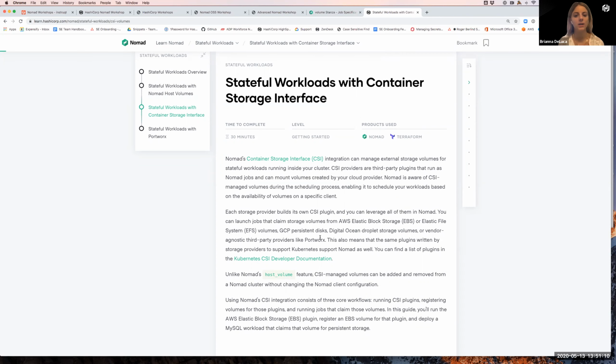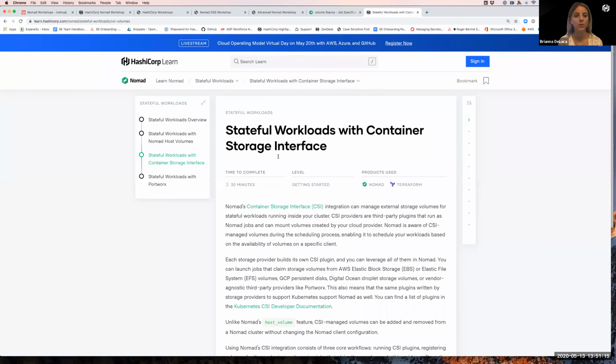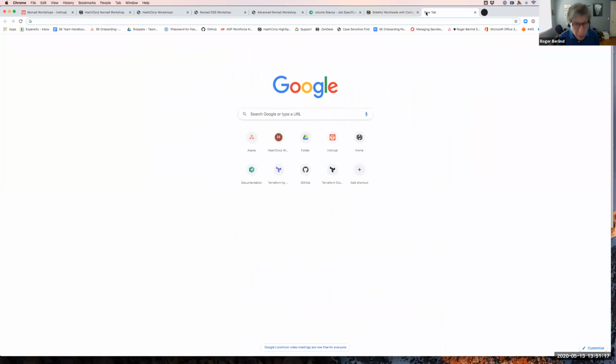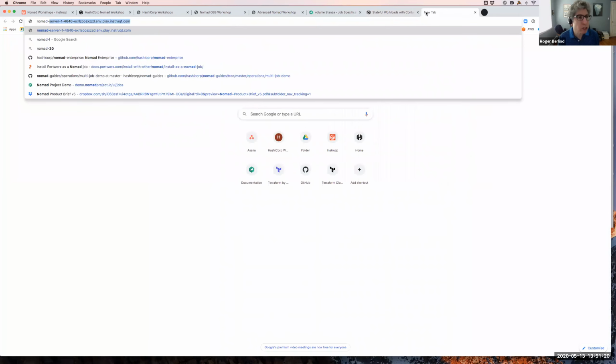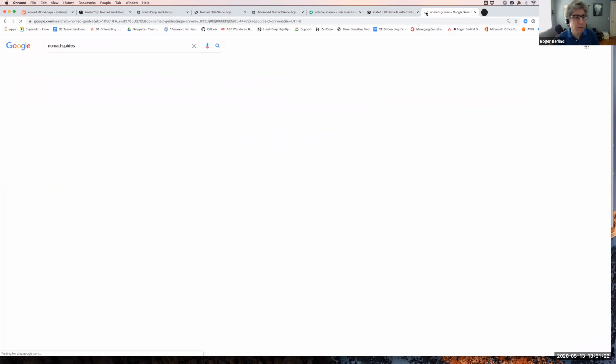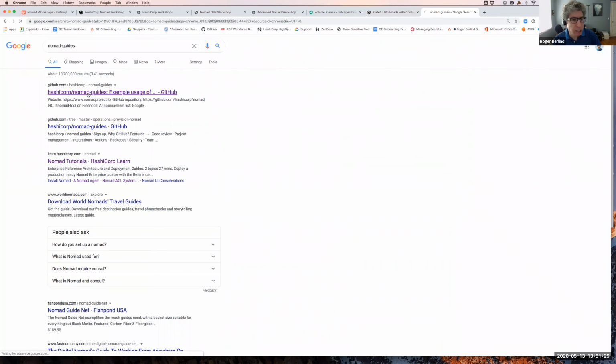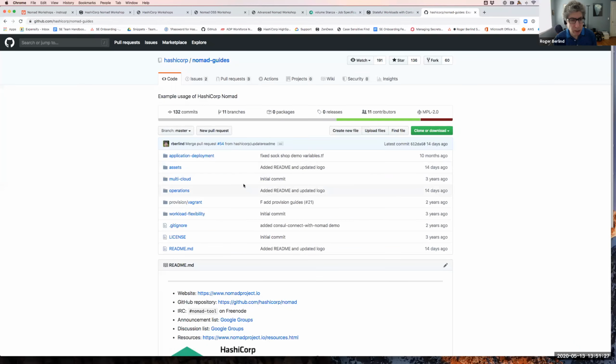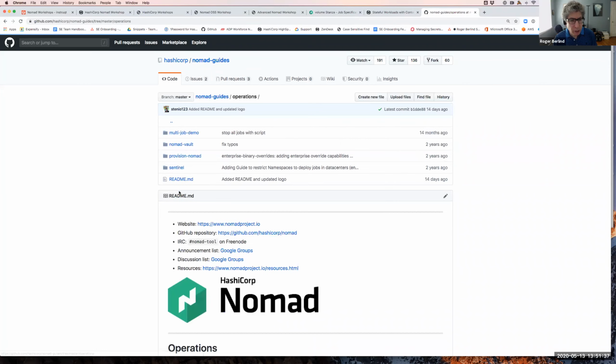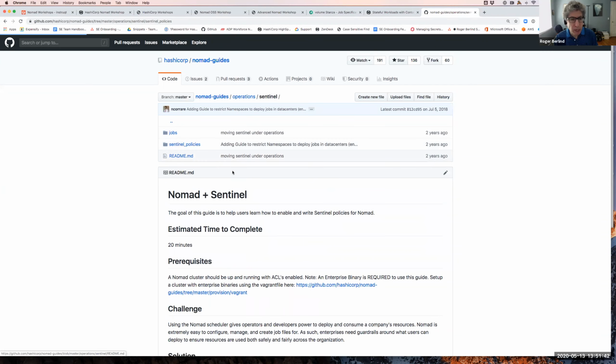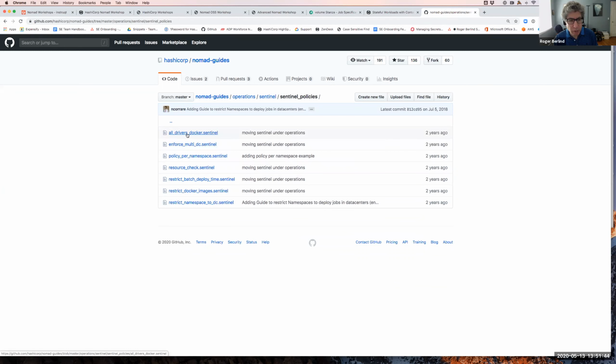Awesome. Okay, so next one. Does HashiCorp have any example Sentinel policies to help us get started with policy enforcement? We do actually. So now if the question is specific to Nomad, we have for all 4 of our major products, the ones that have enterprise versions, guides called HashiCorp/Nomad guides and Terraform guides, Consul guides, and Vault guides. And if we look in here, I think this is under operations. Sentinel, here we go. So we do have some sample policies, a few things like all drivers must be,